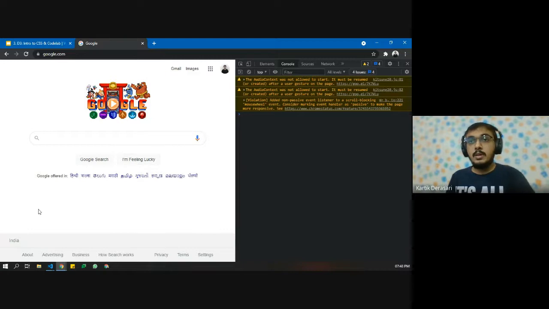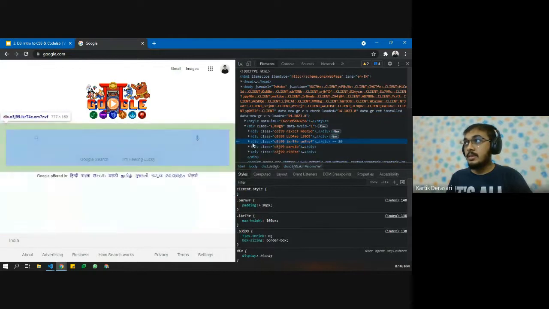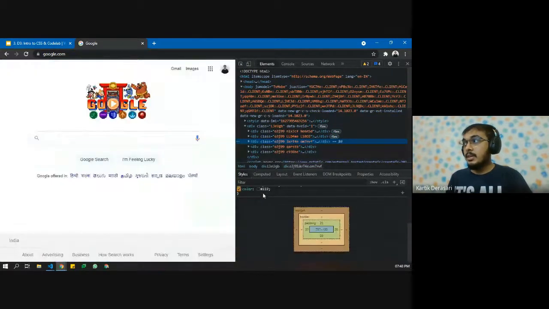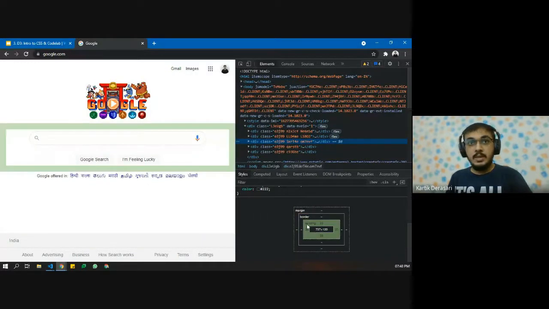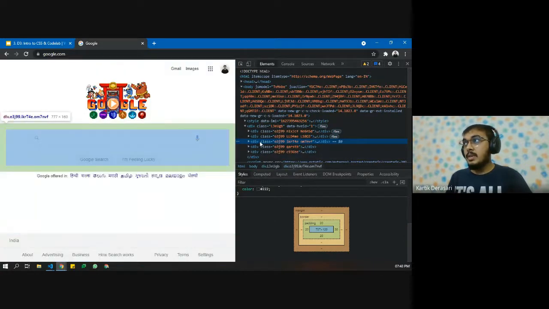Do you remember using Chrome developer tools on our day one or day two? Whenever we want to check any element, we click on this button, hover over it, and you can inspect any kind of element using this tab. For example, let us click on this. This is basically a div, and here we have a box model. We have a box model for each and every element. Whenever we hover over this, it will show that this is the thing.